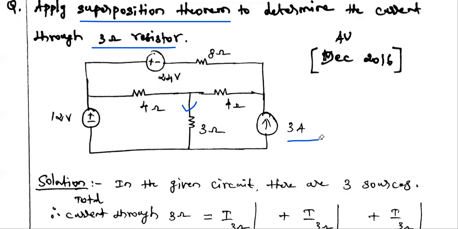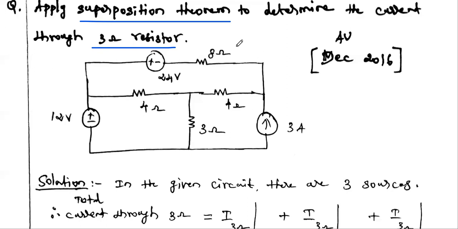Already you know about the superposition theorem. It is used to find current flowing through any branch, or if you want to find the voltage across any particular element. The superposition theorem is valid only for linear circuits. To apply it, the circuit consists of two or more sources, and it is a linear circuit consisting of only resistors. So we can apply the superposition theorem to this circuit.